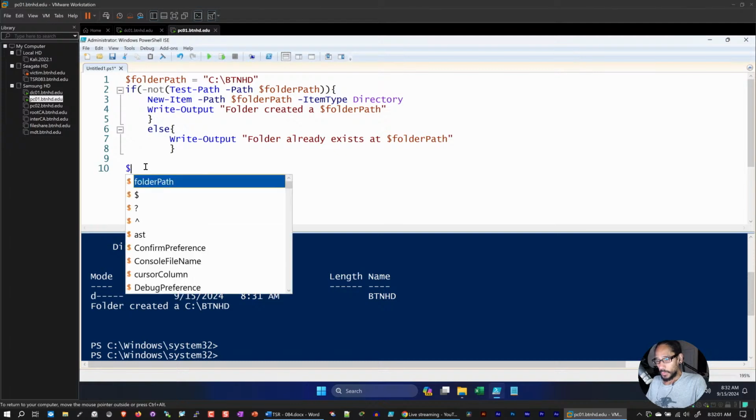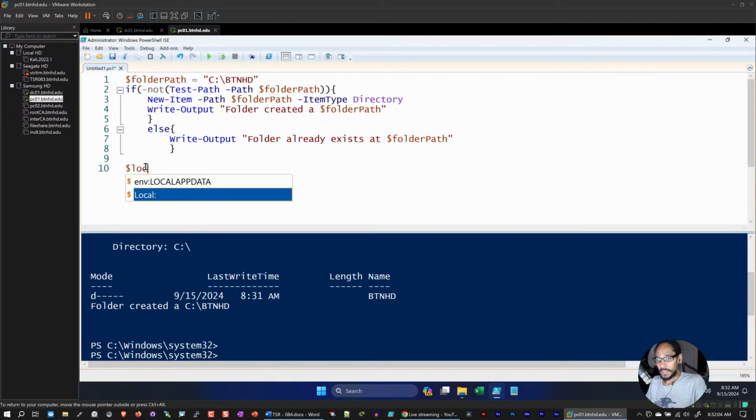So one variable, we're going to do a $, and it's going to be the location. Okay. And the location is equal to open and close quotations. And I'm actually going to copy the path that we created in 1. And we're going to do / and the name of the file that we're going to be downloading. Now, the file that I'm going to be downloading would be the Visual C++ x86.exe file. You could do it with edit, whatever file you want, but I'm going to do it with this